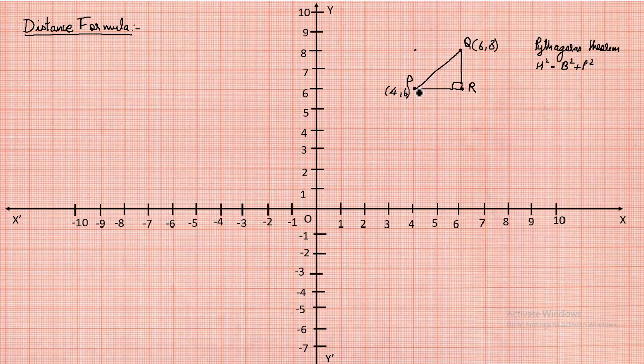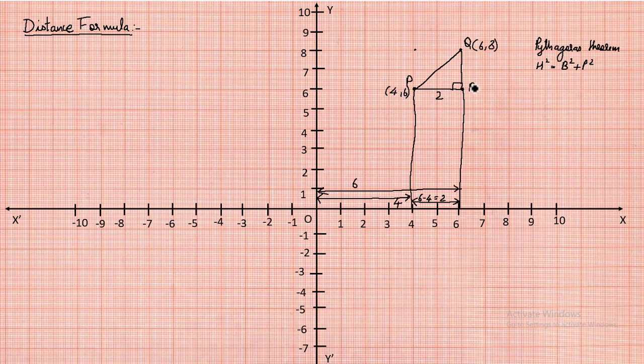that is PQ. So first of all, let us find out the value of the distance between the point P and R, right? So we have to find out this distance PR, right? So what is the distance between the origin O to point P? It is 4 units. Similarly, this distance is 4 units. And what is the distance between O to R, point R? It is 6 units. So this distance is 6 units. Here 6 minus 4 is equal to 2. So this value of PR, or the distance between the point P to R, is 2 units.